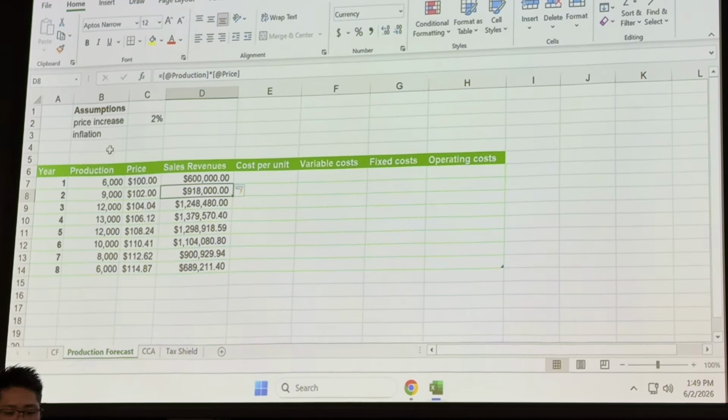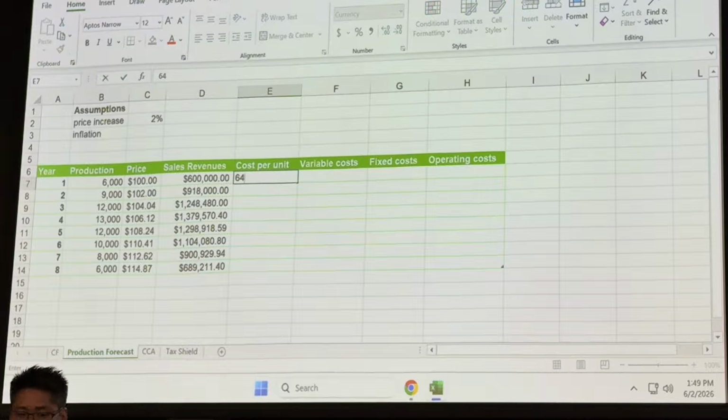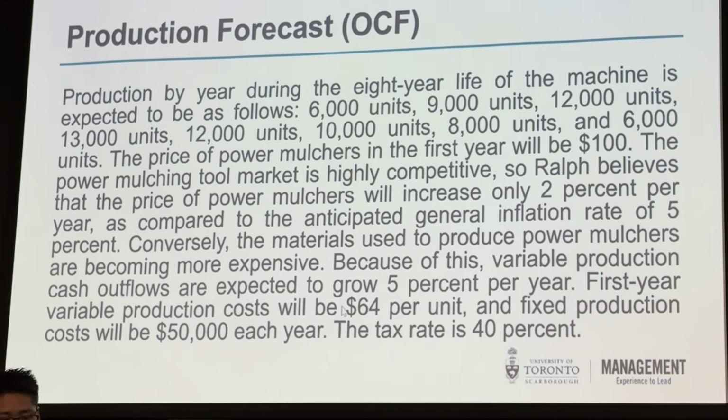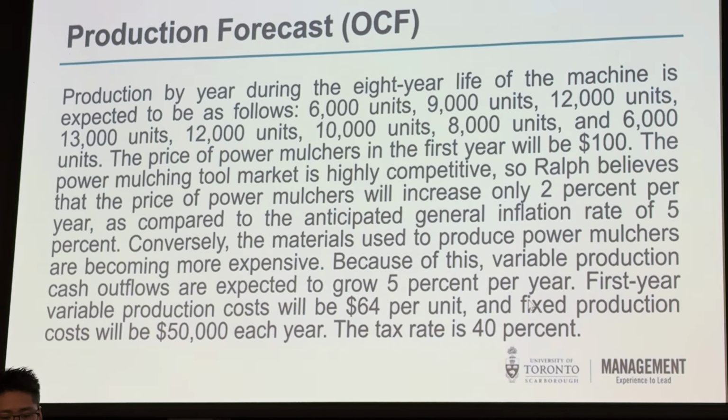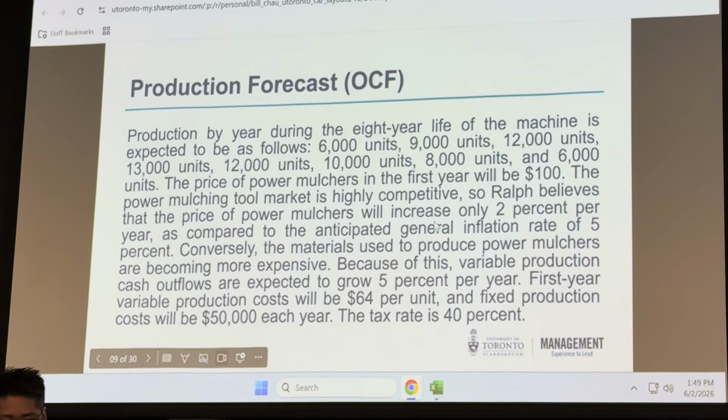All right, moving on to cost per unit. Cost per unit, $64. This is based on the case. Again, going back to the case here, you can see $64 per unit. And the cost is growing by 5% per year. So 5% per year,